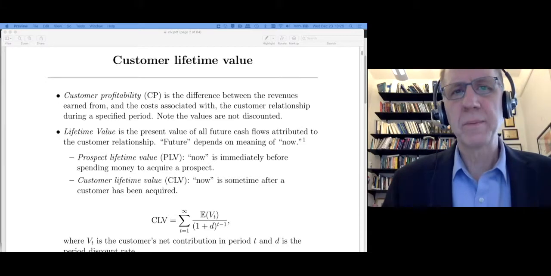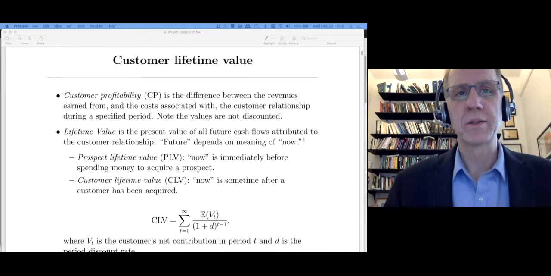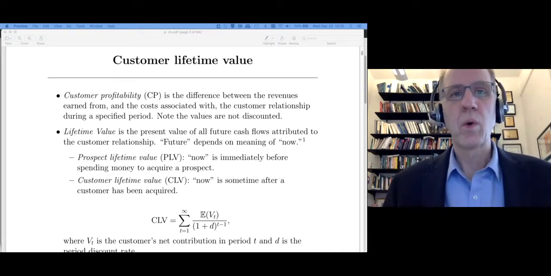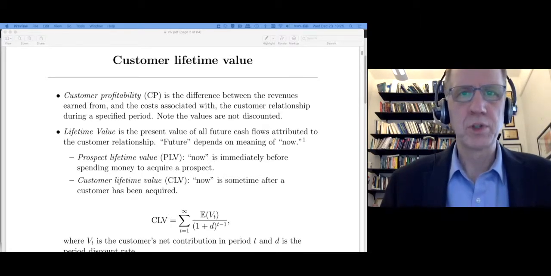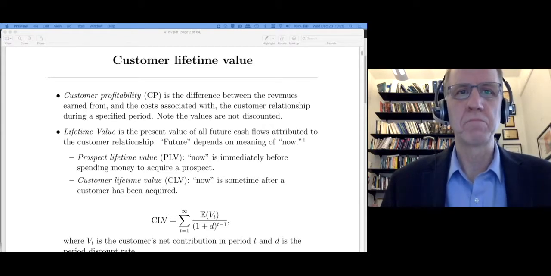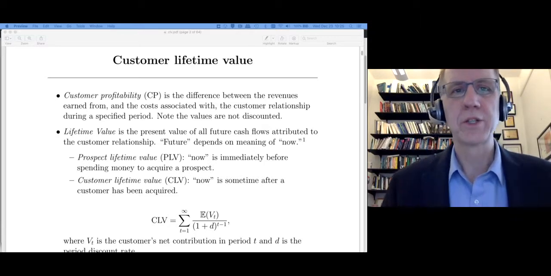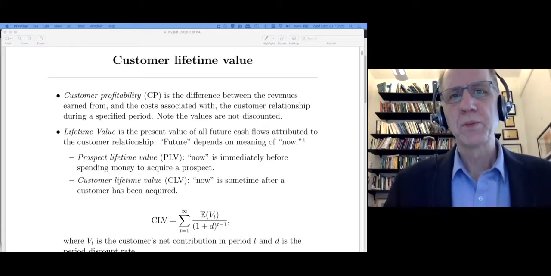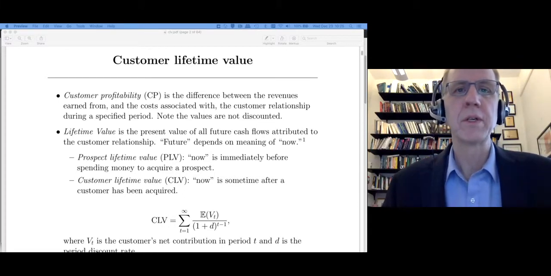To give a concrete example, suppose I have an online retailer, and the online retailer spends a large amount of money, say $100, to acquire a customer. Now you might wonder, how does it spend $100 to acquire a customer? Well, it has to do a lot of advertising, and most of the ads that it shows will be ignored. And then a small percentage of those ads that it shows will actually convert. So this retailer may spend $100 to acquire a customer, and this customer spends, say, $30.